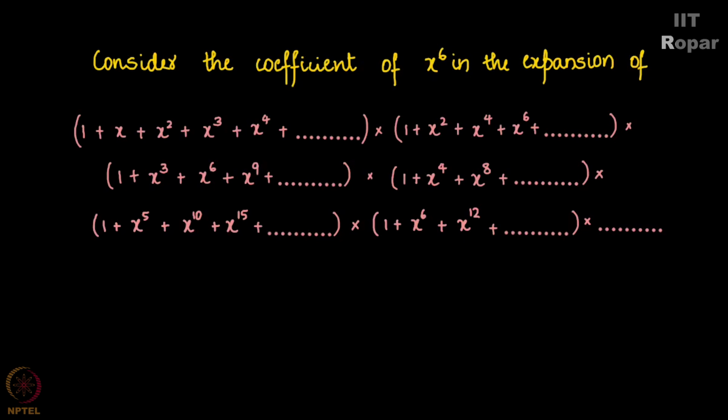Well, before that, let us take a look at the partition of 6. This one, 1 plus 2 plus 3, right? How do I get 1 here? It is equivalent to taking an x from the first house because I have only 1, 1. I have just 1, 2, therefore I'll select an x square here, and 1, 3, therefore I'll select an x cube here, right? And x into x square into x cube will give me x to the 6, right? That is equivalent to the partition 1 plus 2 plus 3.